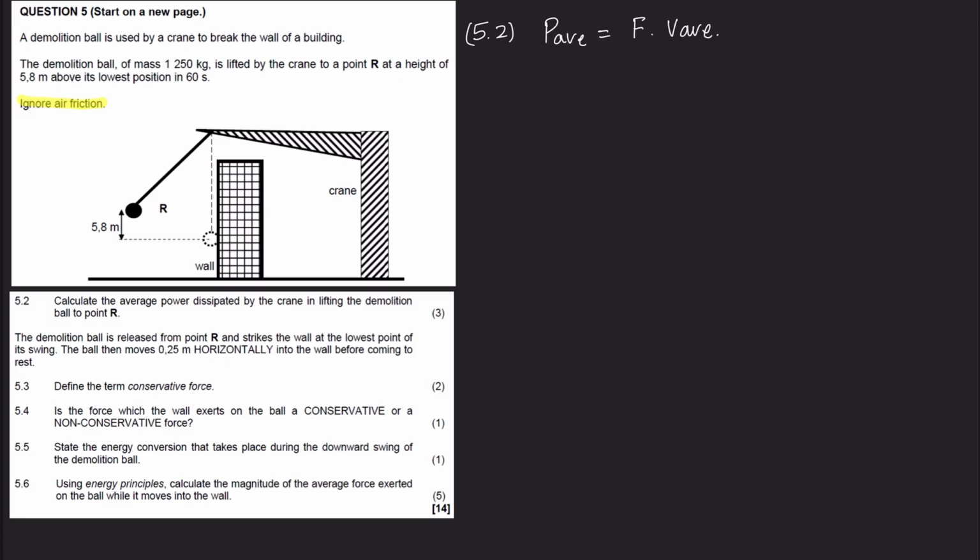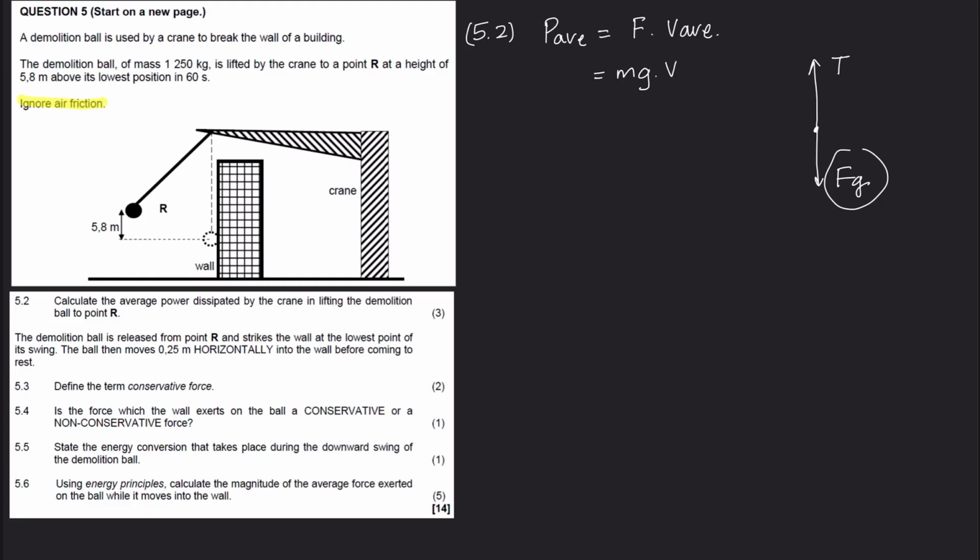So in this question, we should think about, let's look at a free body diagram quickly. The crane is pulling the object up using tension, and there's a force of gravity, right? So the crane is pulling up against the force of gravity. So that force that it's pulling up with is going to equal the force of gravity. So it's going to be mg